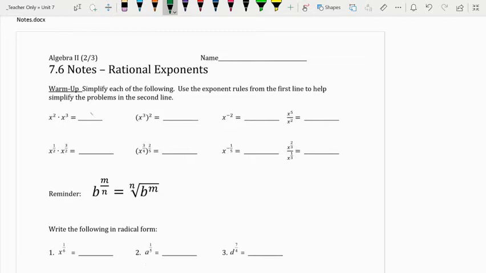first one, we would add, multiply, right? It's parentheses, you feel like you would distribute. Also, a reminder, we can't have a negative exponent. We need to throw that into the denominator. And the last one, we would subtract, so we would get 3, and that would go in the numerator because the